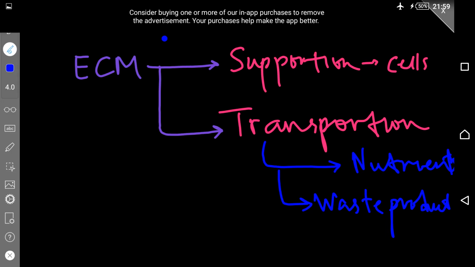Therefore, the extracellular matrix takes part in this action and takes the waste product from the cells, removes them from the area, puts them into the blood, and through the blood these waste products can go into the systems of the excretory system and get out of the body. And lastly,